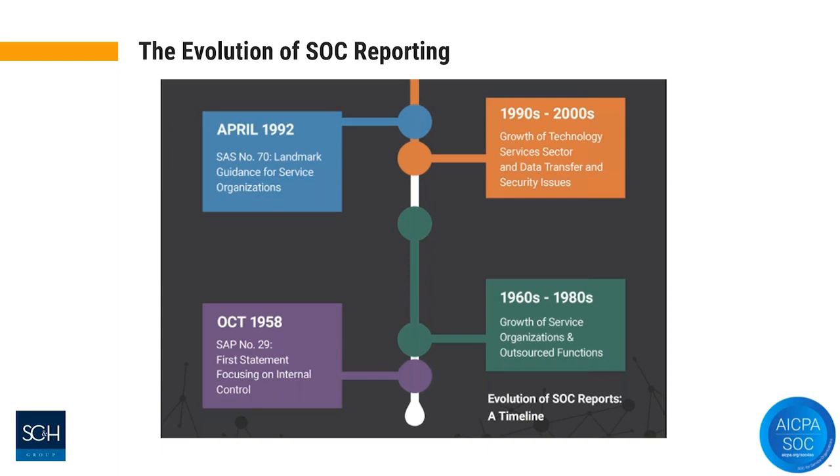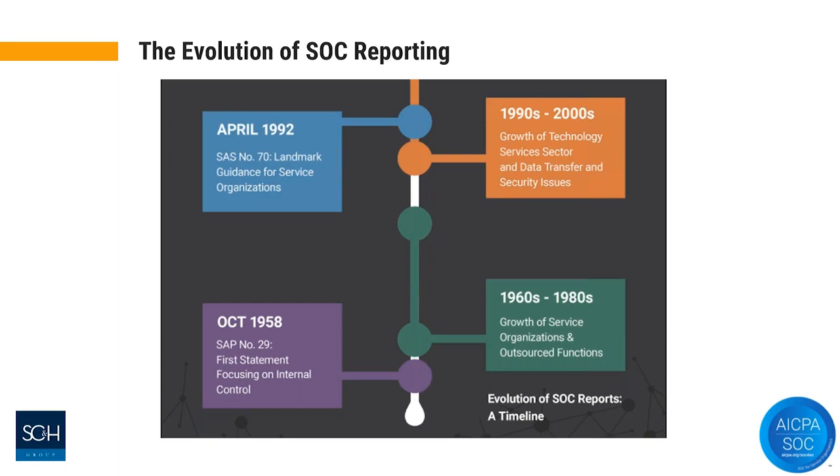which they could then issue to their clients and prospects. SAS 70 was supposed to be for service organizations whose services rolled up into the financial statements of their clients. And so therefore it really focused on those controls and those control areas that would be important to their clients' internal control structure around their financial statements.